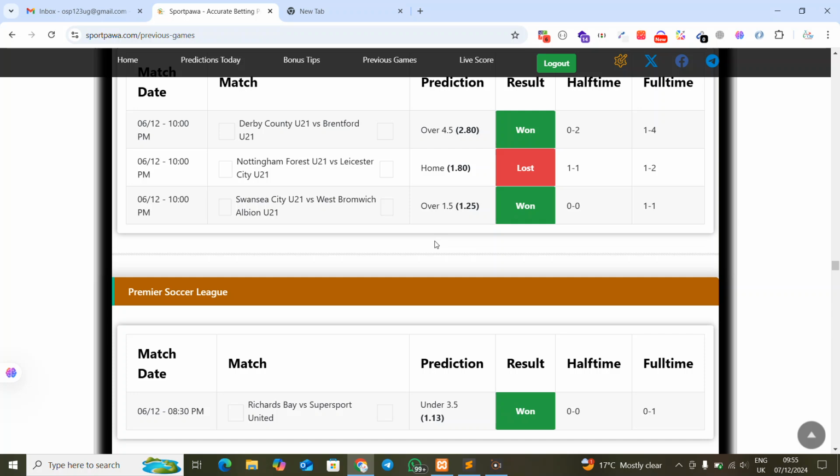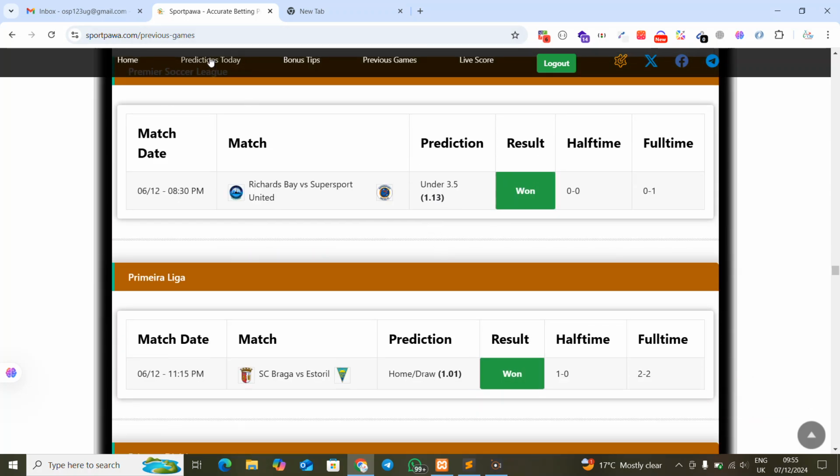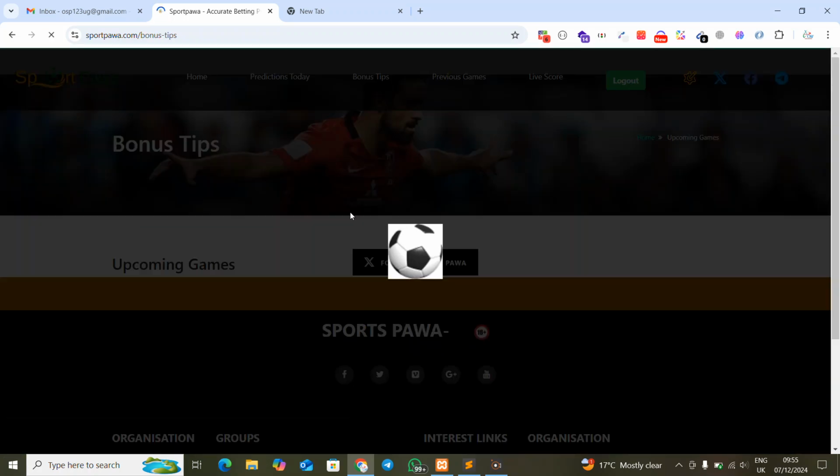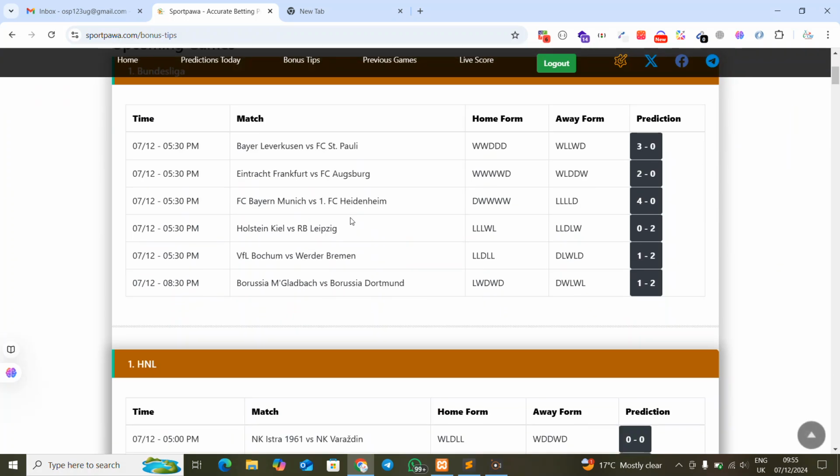You can win with our predictions by using our predictions today here, and also comparing them with the bonus prediction. This is where I use much more related to correct scores.